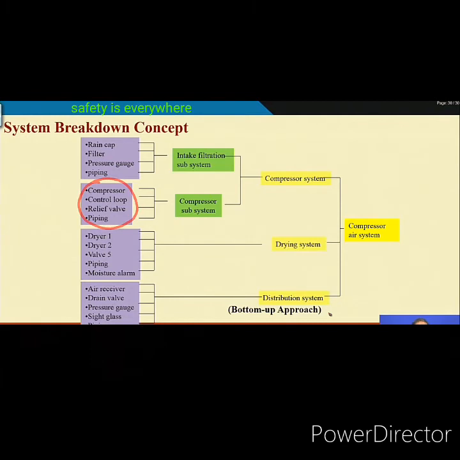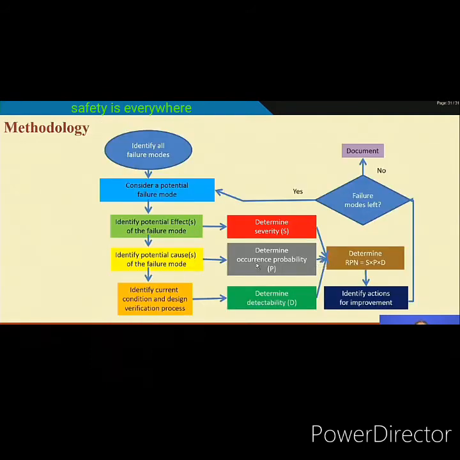Similarly, if you take your own system and break it down in this manner, finally find all the components and see what the failure modes are. Most of the time the failure modes will be available in open source. Maybe from a reliability handbook you can find the failure modes, otherwise your team must be able to find them. Once you have failure modes, then what is the step? The methodology means doing failure mode and effect analysis.